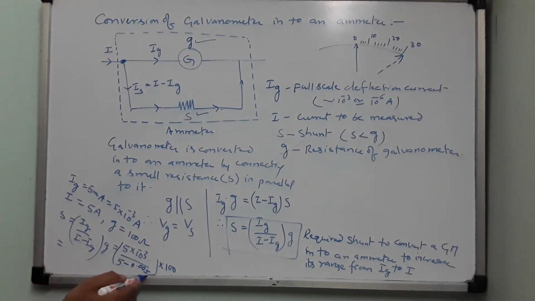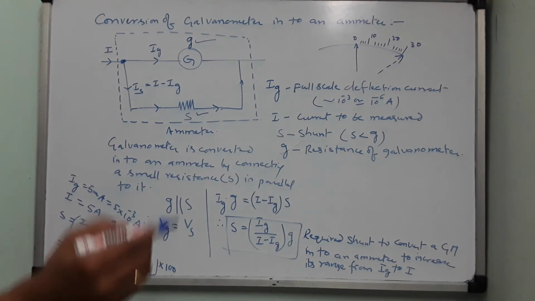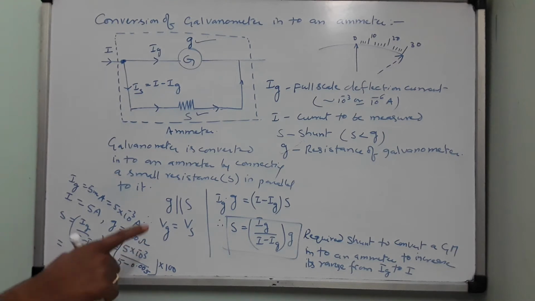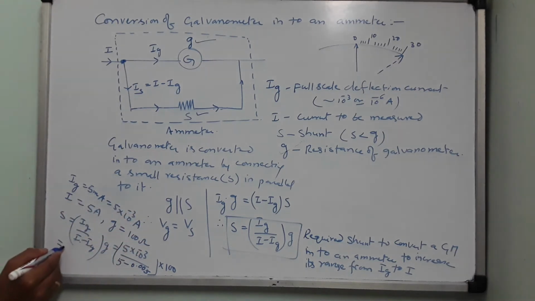5 से ये very small factor है, 4.9995 आ जाएगा. Round off करने में फिर it will remain almost as a 5. So in the numerator you have 5. This 5 will cancel. You have got 10 power minus 3 here. Here 100 is there. So this is 10 power 2. 10 power 2 into 10 power minus 3 is 10 power minus 1. So this is 0.1 ohm.